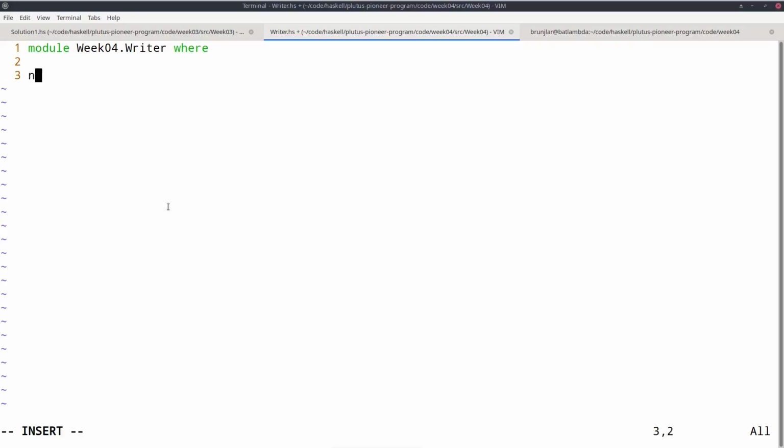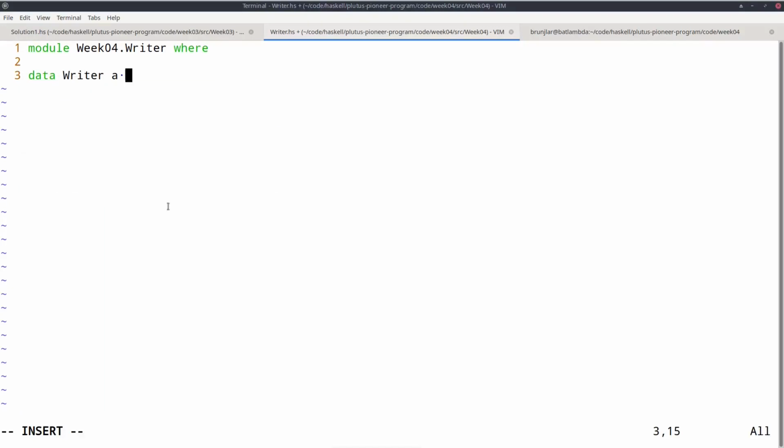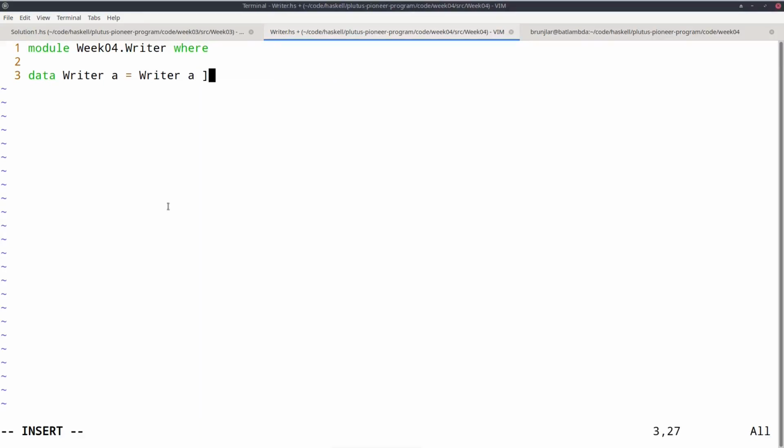We can represent that with a type. Let's call it Writer A. And let's just say it is a constructor that takes 2 arguments, an A, which is our result, but also a list of log messages. For simplicity, let's do it like this. Okay, and let's also derive Show.